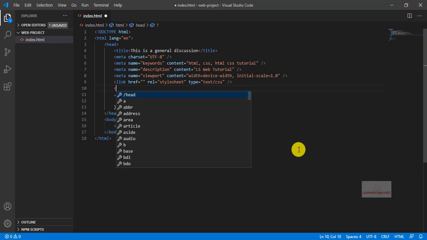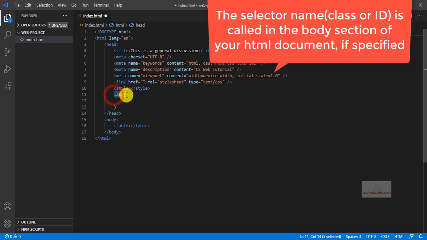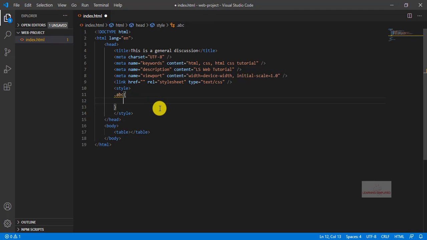This is a style element rather than anything else. So this is the class name which we have created, and now we put each and every property into this part here, the .abc class name, for say